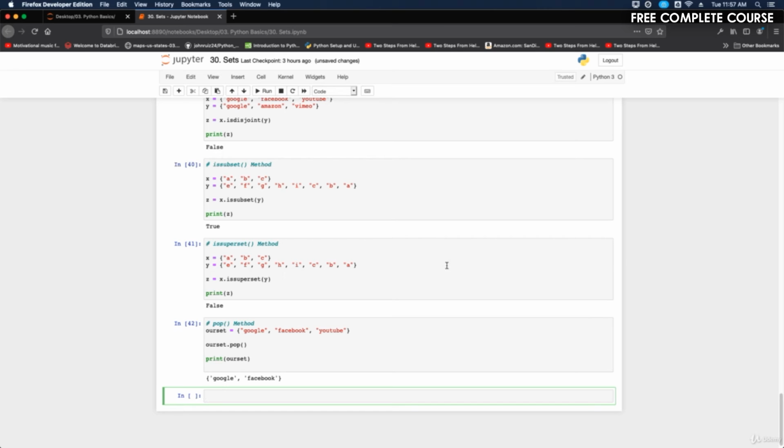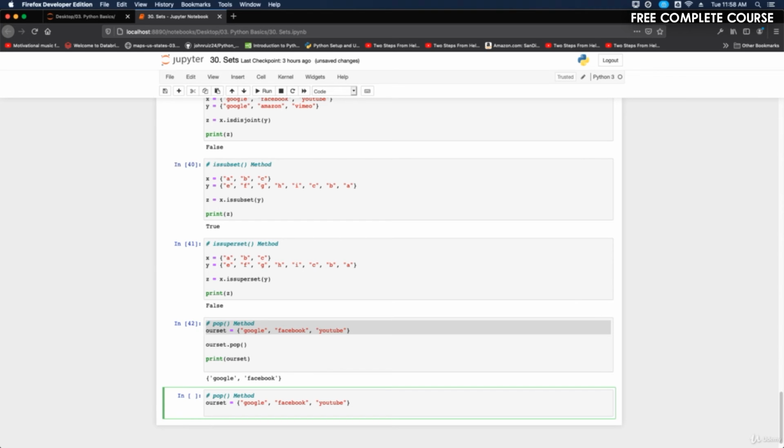Now we can give it a value to remove an item, but this is to remove a random item from the set. Now the other method we can use is remove. Removes a specified element. So pop removes an element from the set. Remove removes a specified element. So if you just want a random item to be deleted, then you would run the pop. But if you want a specific item to be removed,